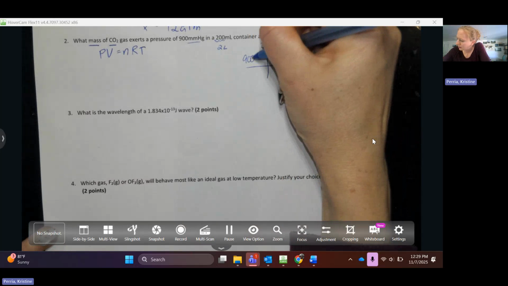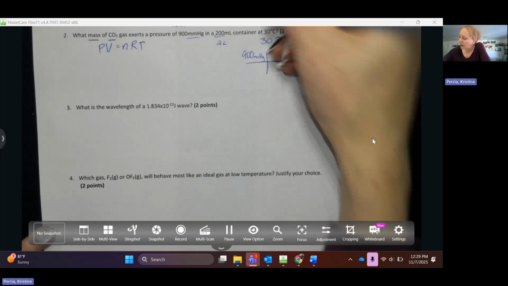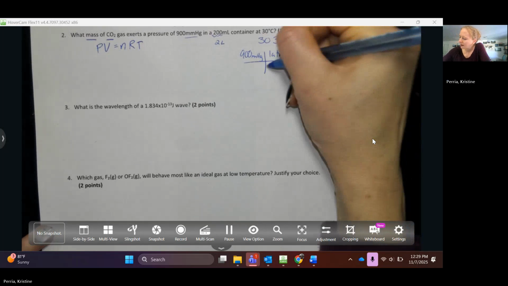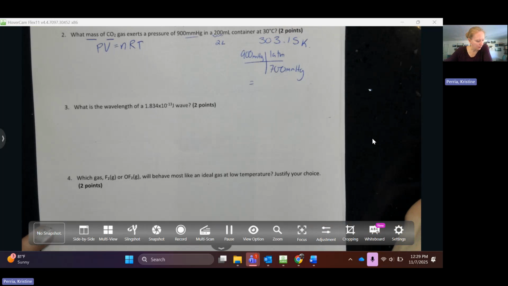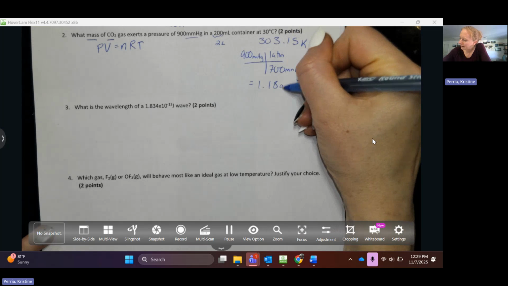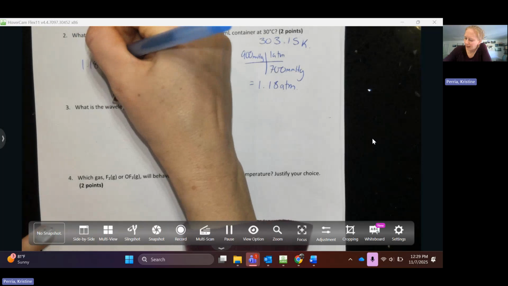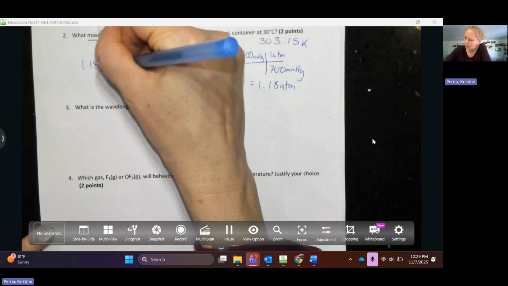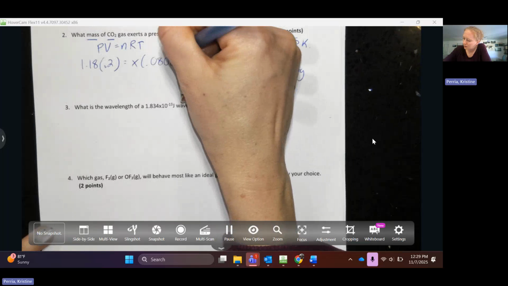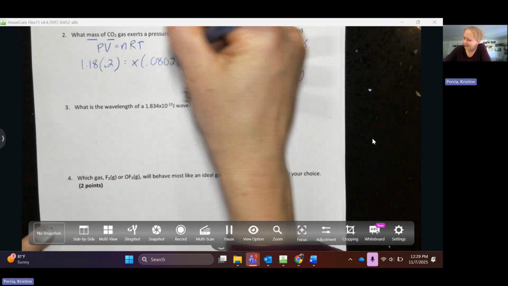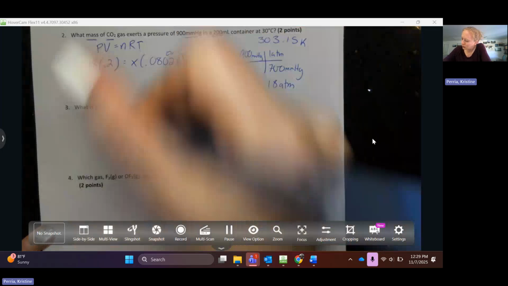To convert millimeters of mercury, I'm going to do that over here. We have 900 millimeters of mercury. And if you look on your red paper, you're going to see that for every 1 atmosphere, there are 700 millimeters of mercury. So if we divide that up, then we are going to get 1.18 atmospheres. Okay, so now we're ready to plug everything in. So we have 1.18 multiplied by the volume of 0.2 equals X, what we're solving for, times 0.08206. Whoops, those two numbers are flipped. And then multiplied by our temperature in Kelvin, which is